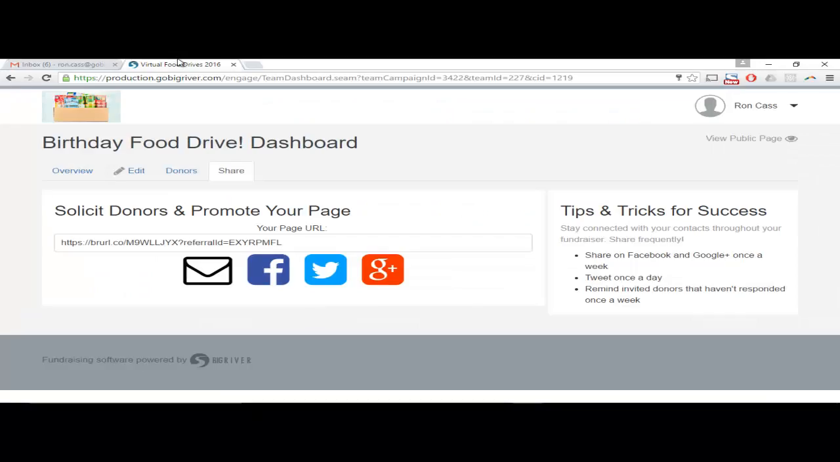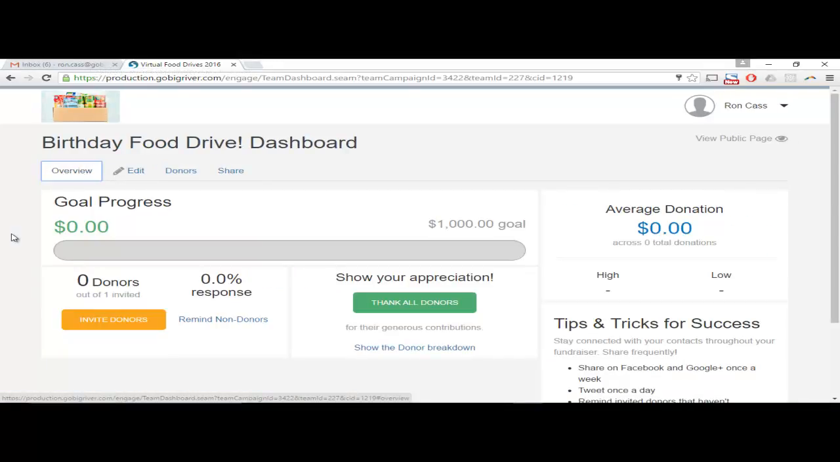And we'll just wait for that to come in. While we're here, you'll notice that we've got the same kind of progress. I can invite donors from my main dashboard, similar to what I just did. I can re-solicit people that I've invited in the past who haven't given yet, and Big River keeps the difference